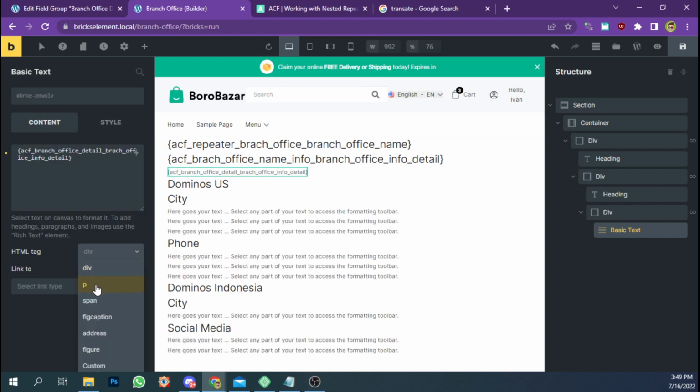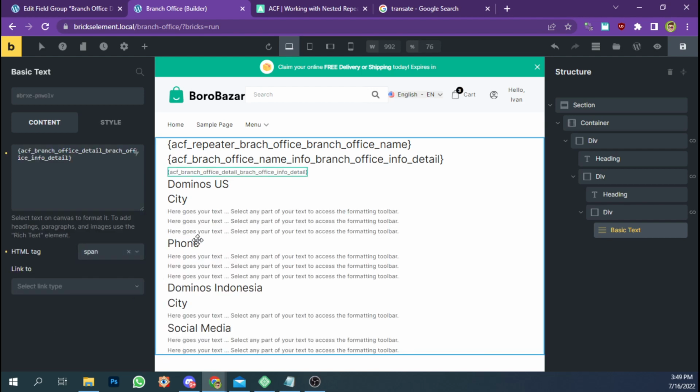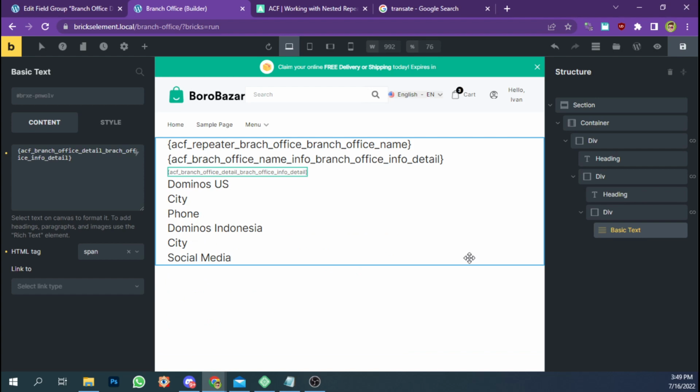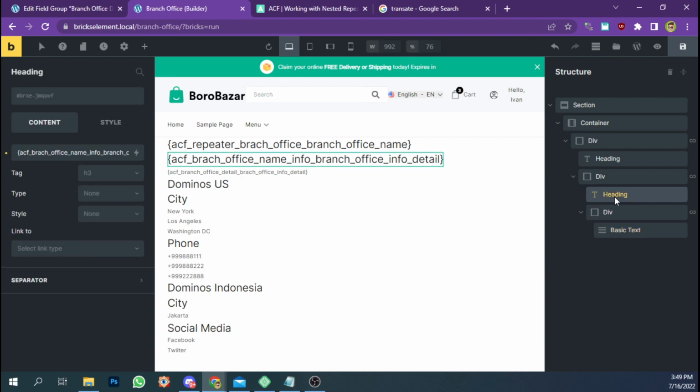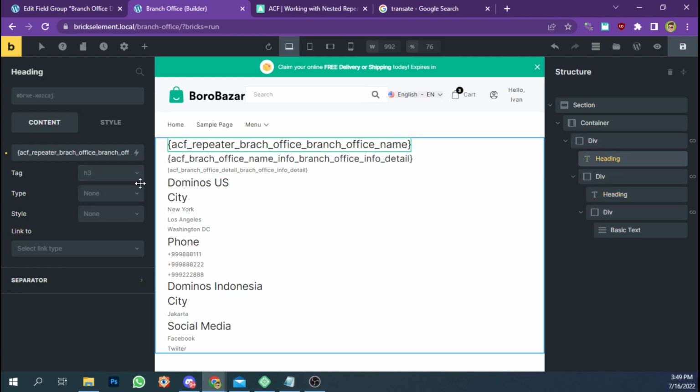I'm gonna use span for the HTML tag. Okay, so we have the repeater data shown, and then let's say I'm gonna use h4, gonna use h3,